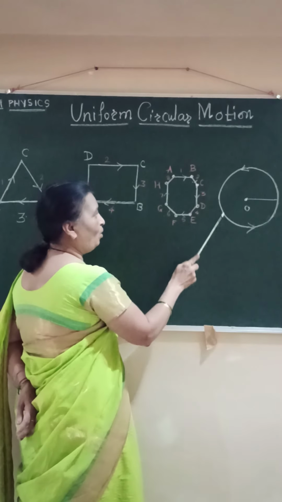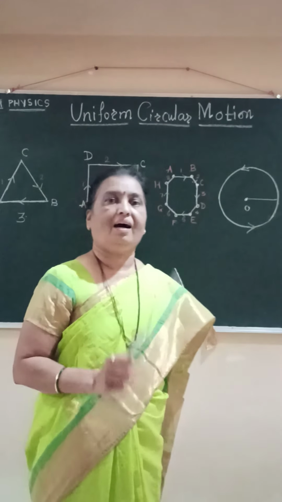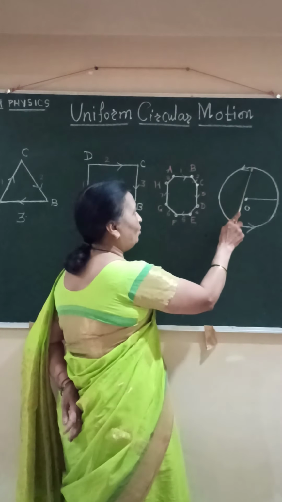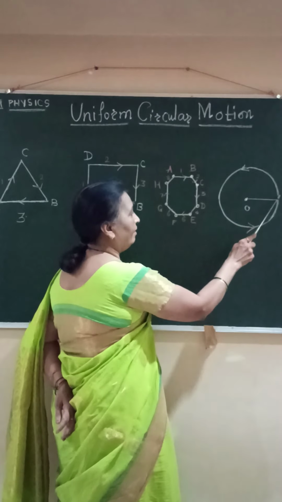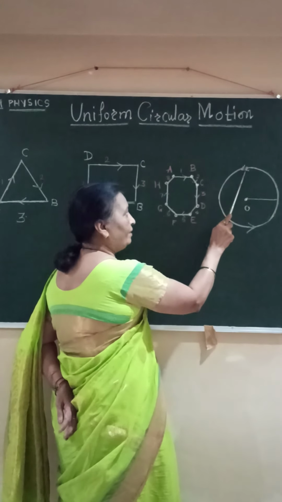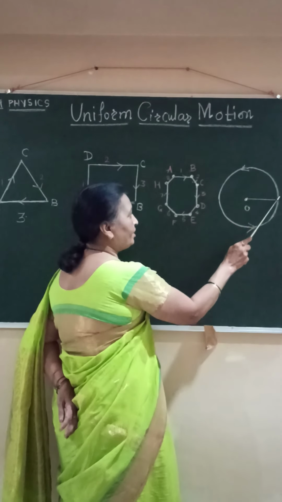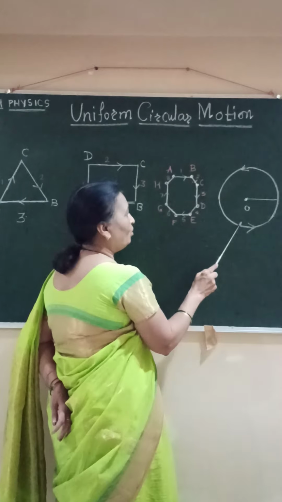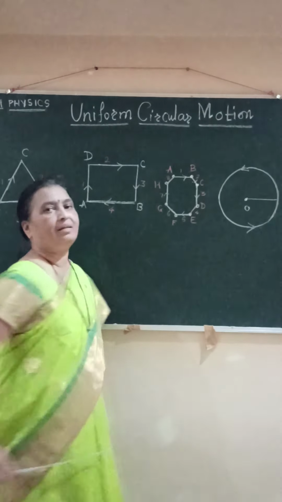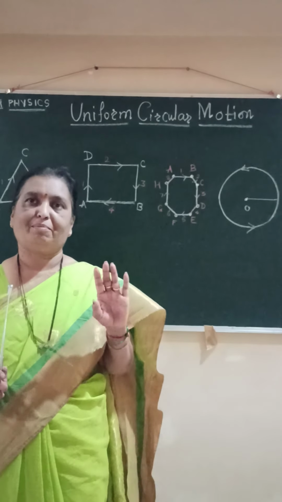That means along the circumference of a circle, we can say there are infinite points, and at each point the velocity of the particle does not remain constant, because though its magnitude is constant, at each instant the direction of that person goes on changing. That means in this circular motion also, the velocity of that object, that person, does not remain constant.